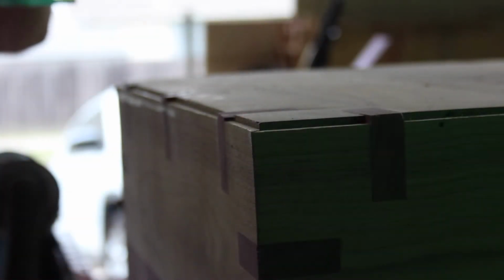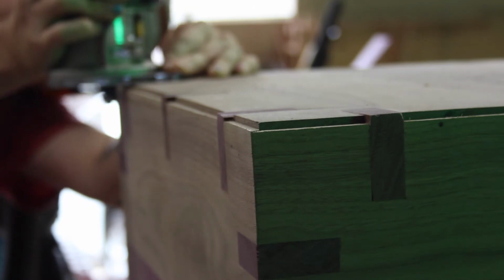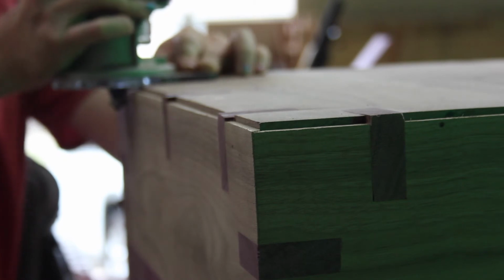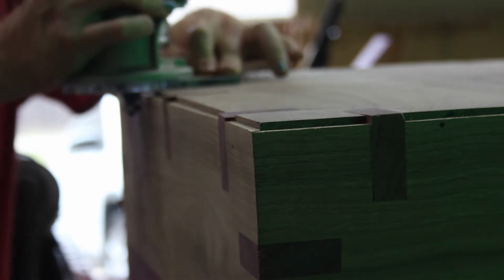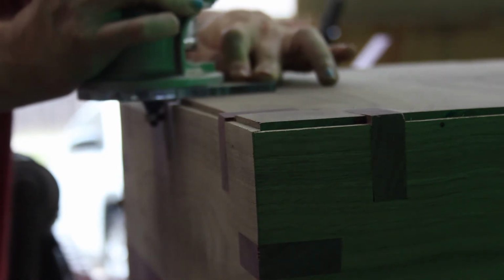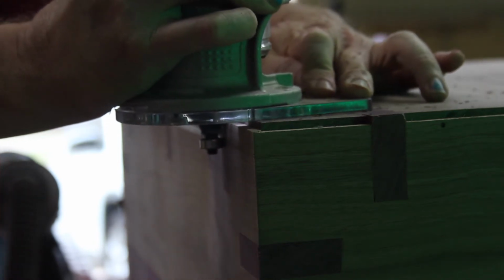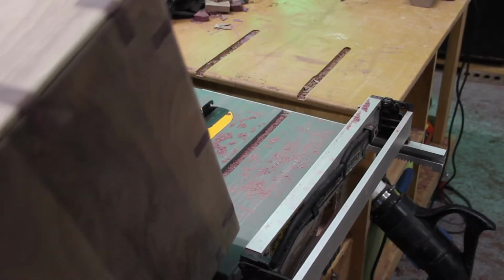Now that I have all the splines trimmed off, I'm just going to put a little round over to the bottom and side edges, just to give it a better look and feel. Here, now that all the splines are in and the edges are round over, I am going to go ahead